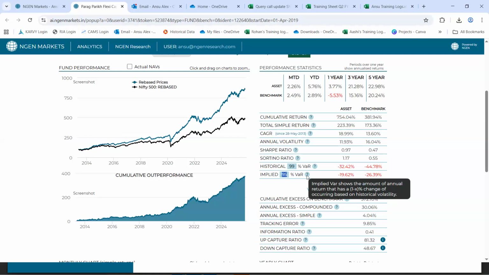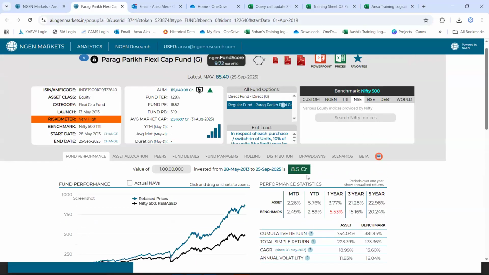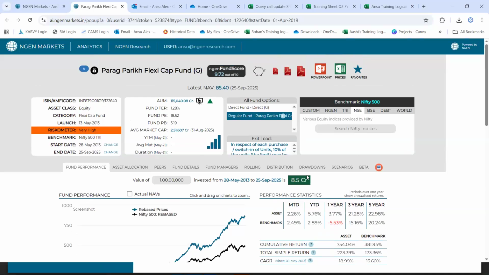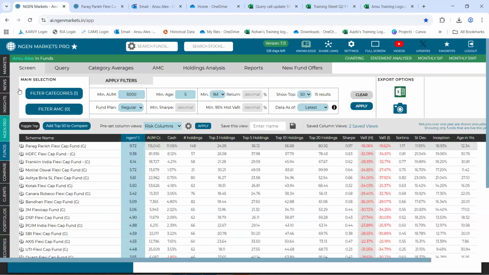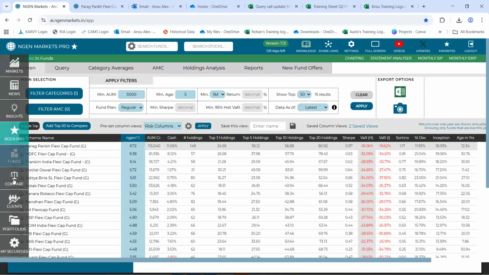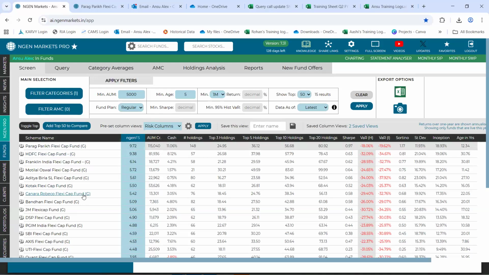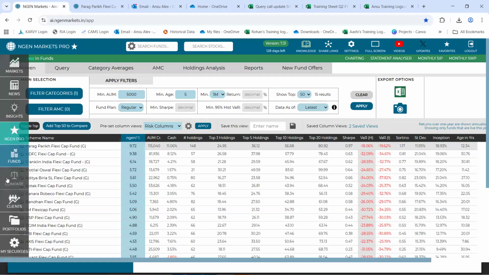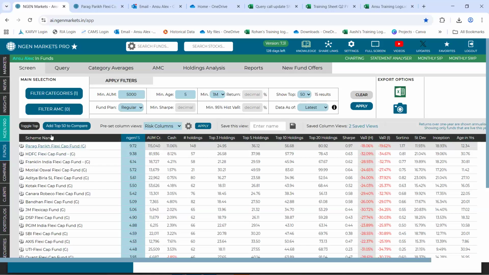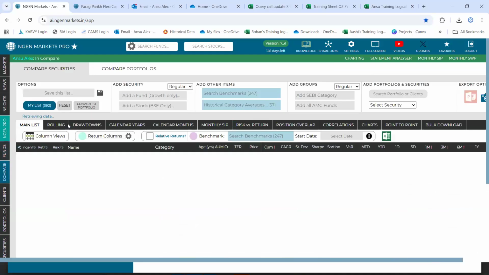And simply by hovering your cursor onto these question marks, you can have an explanation of what that parameter stands for. Now, once we are through this VAR, which was again for data from the inception of the respective fund against that of a benchmark, let's say you want to view this for a specific time period in the past. So again, I'll go to the funds section, and what I will be doing is bringing this entire data of 15 funds to the compare section. And that is done by clicking on a single option called add top 50 to compare, just by doing a left click.